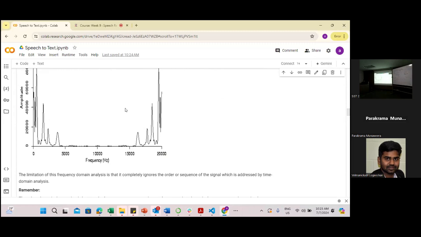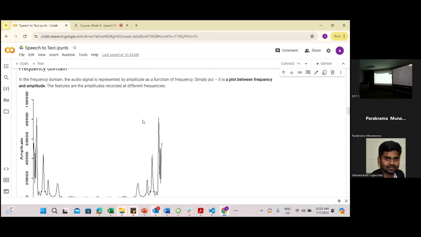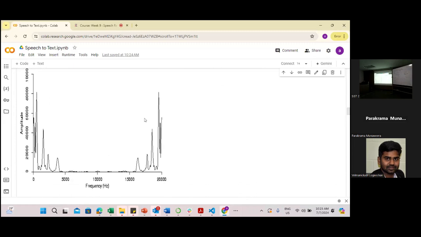Because we are going to start, what is voice engineering? Audio engineering is completely based on these three: time domain, frequency domain, and the spectrogram. For example, I'm talking here in this class, and there is a generator working in another room, giving a huge noise in the background. So now Para is recording this audio, he will get that background noise as well, right? Then as an audio engineer, if I was asked to reduce the background noise,